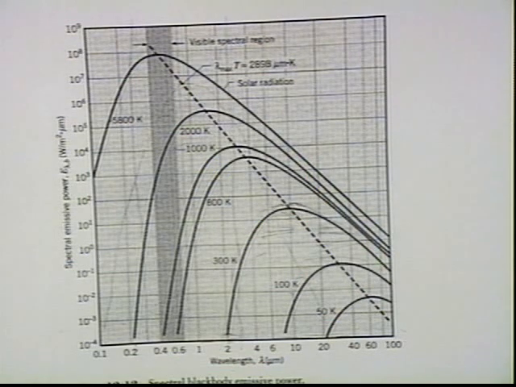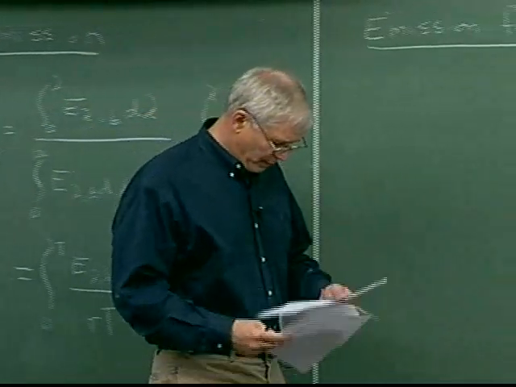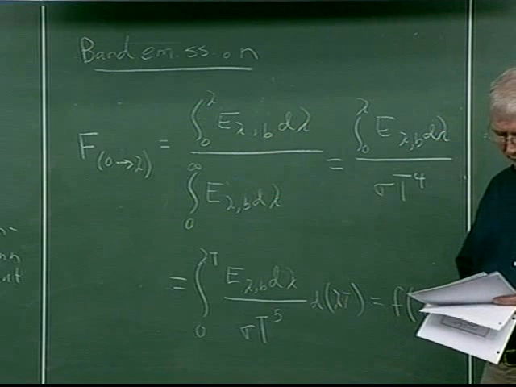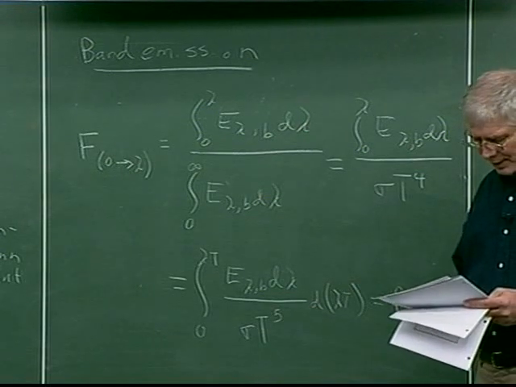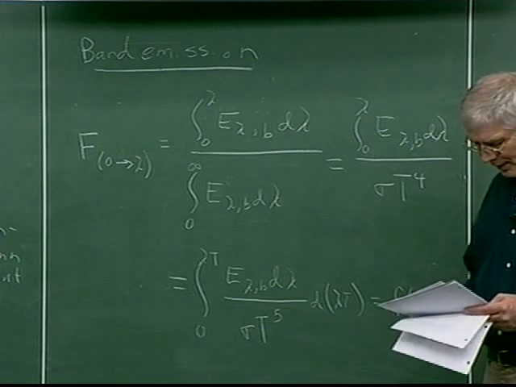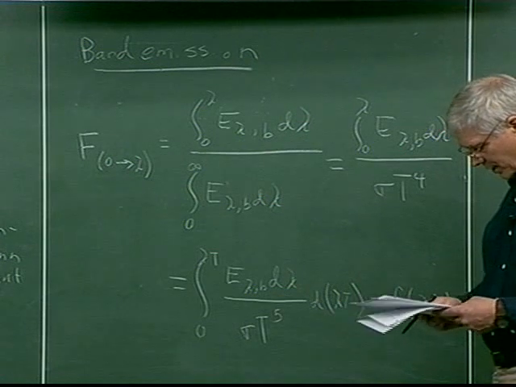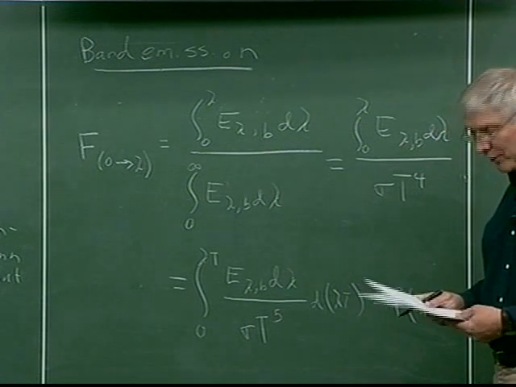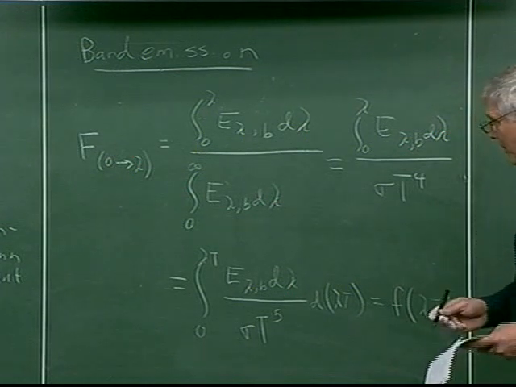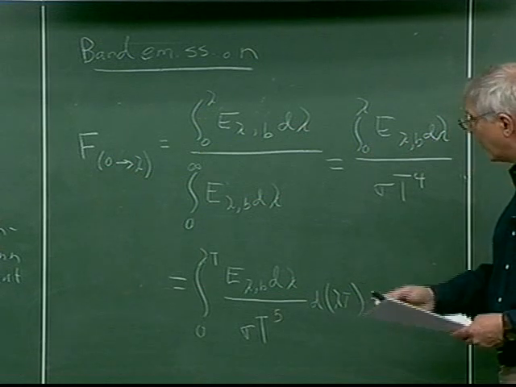Okay, the next topic I want to discuss is what's called band emission. It's often necessary to know the fraction of the total emission from a black body in a certain wavelength interval, and that wavelength interval is known as a band. And so for a prescribed temperature and interval, like say from 0 to lambda,